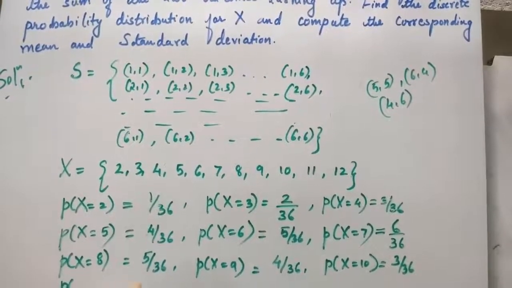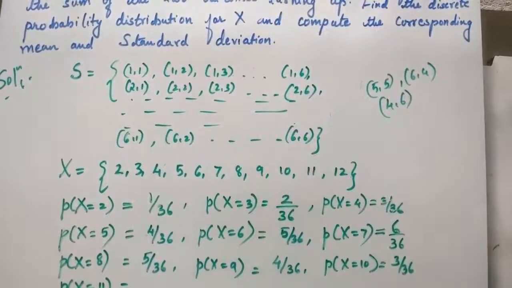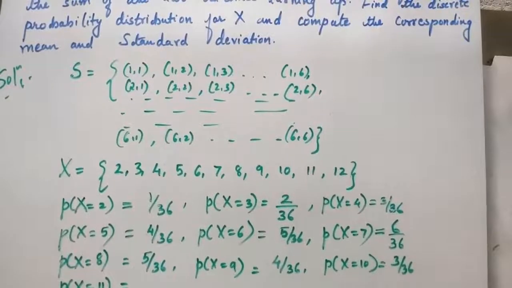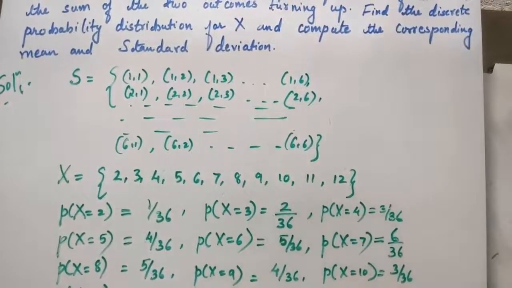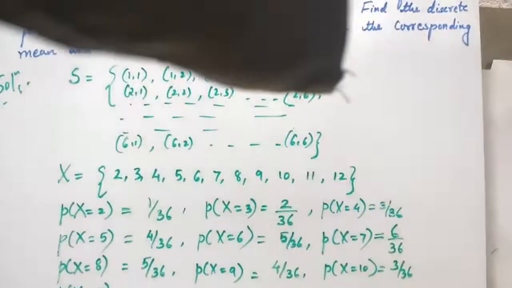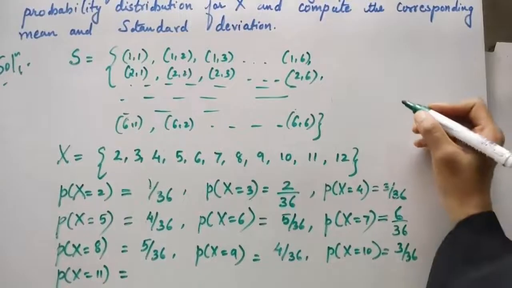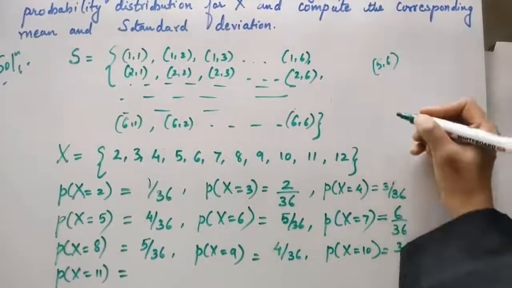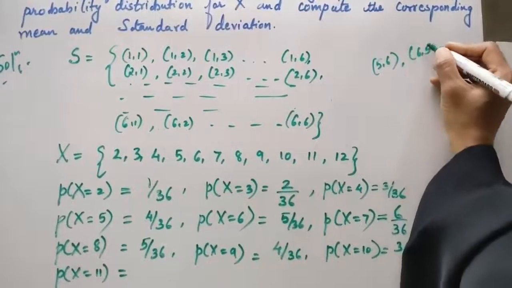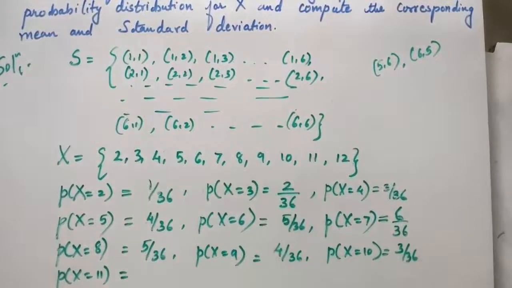Probability of x equal to 11 now. Okay, so how many brackets give you the sum to be 11? Can you tell me which are all those brackets which give you the sum to be 11? Let me collect them. It is (5, 6) the first, (6, 5). Any other possibility which sums to 11 between the numbers 1 to 6? It is (5, 6) and (6, 5), so the only two possibilities.